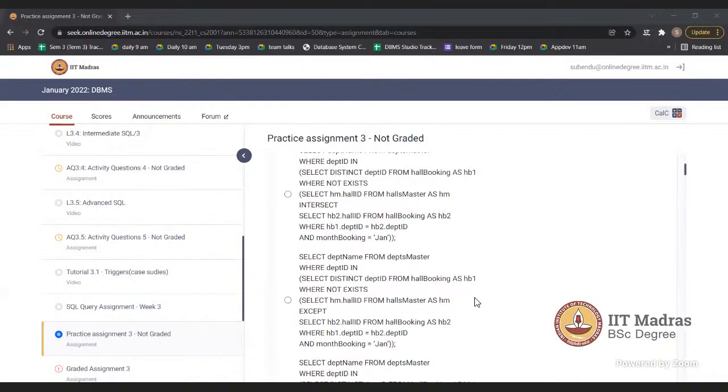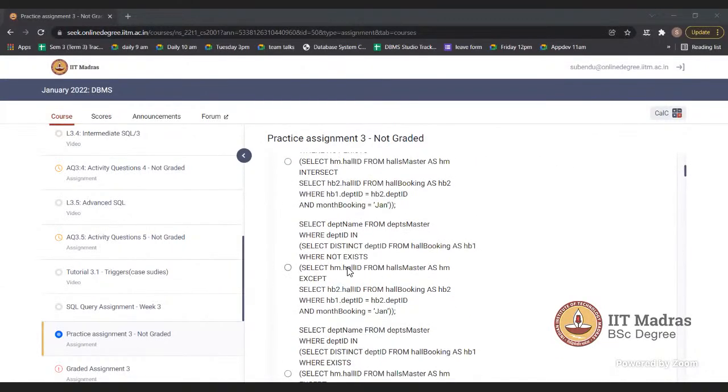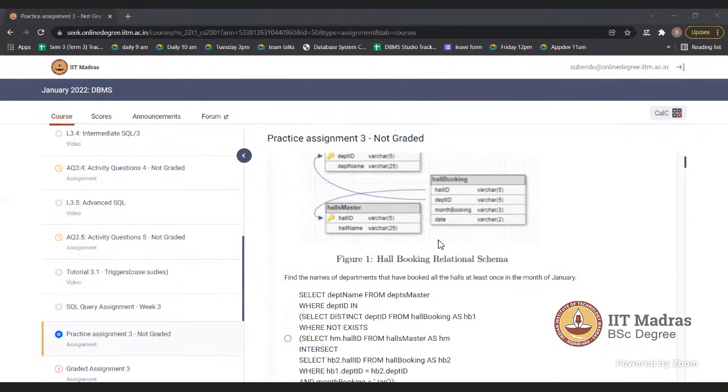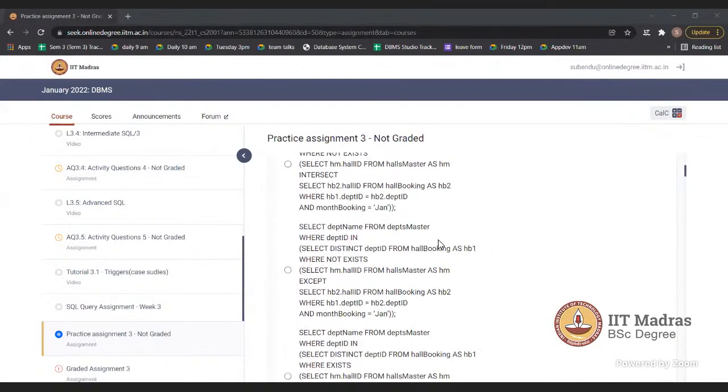This subquery returns the list of hall IDs, suppose 8001, 8002, 8003, and this subquery returns the hall IDs booked at least once in the month of January.